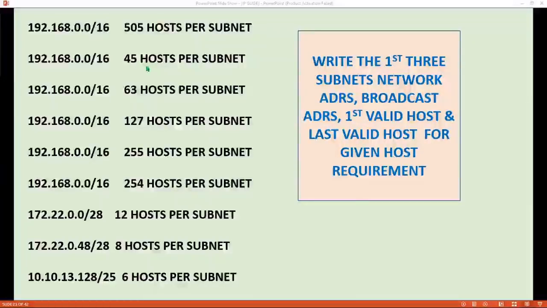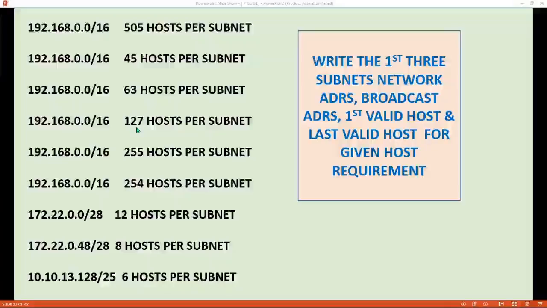Likewise for 63, you can see the difference if you apply 63 and find the answer, and if you apply 65 by adding 2, find the answer for that as well, and then compare, both answers would be different, right? So this is the reason why I specify the particular number of hosts, 63 and 127, which means if you add only for the 127, you will be going for 2 to the power h greater than equal to 127,